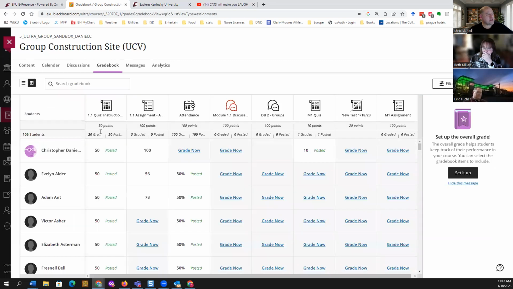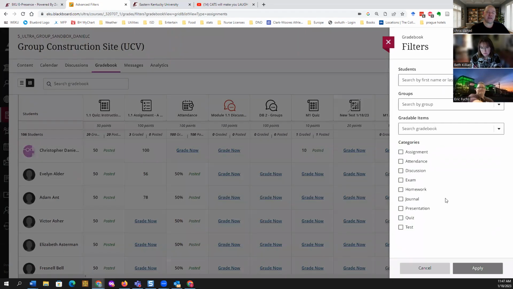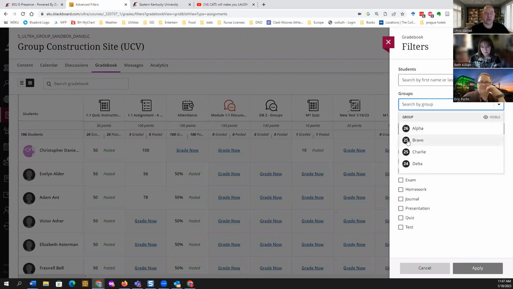Grid is all we can get everywhere in Grid that we can in list view. The main difference between Grid and list, other than presentation, which is obvious, is you have the filter capability up here. So let's say we want to see everybody in a particular group, like alpha group. There's 26. And so we know I've already created groups here.